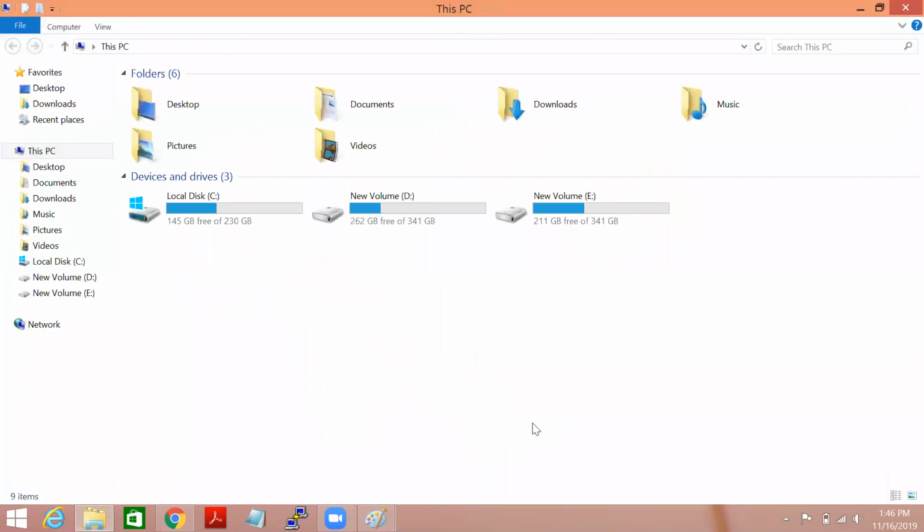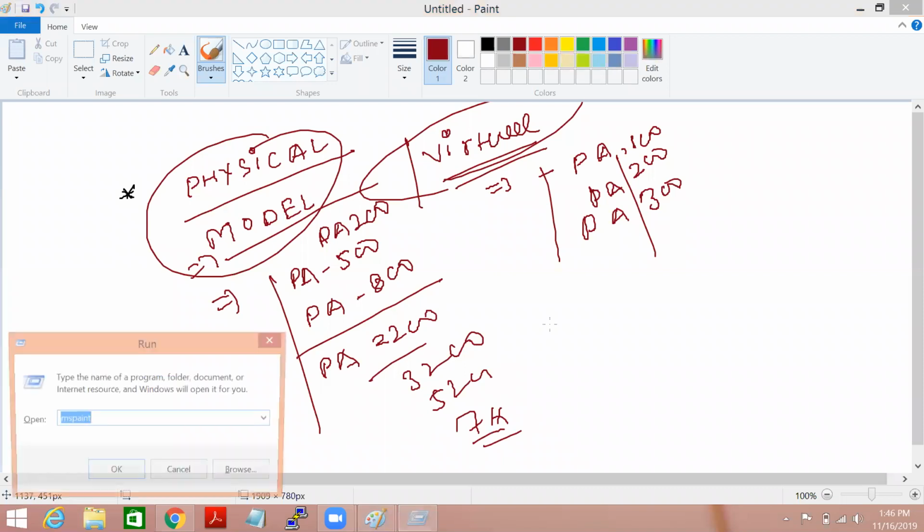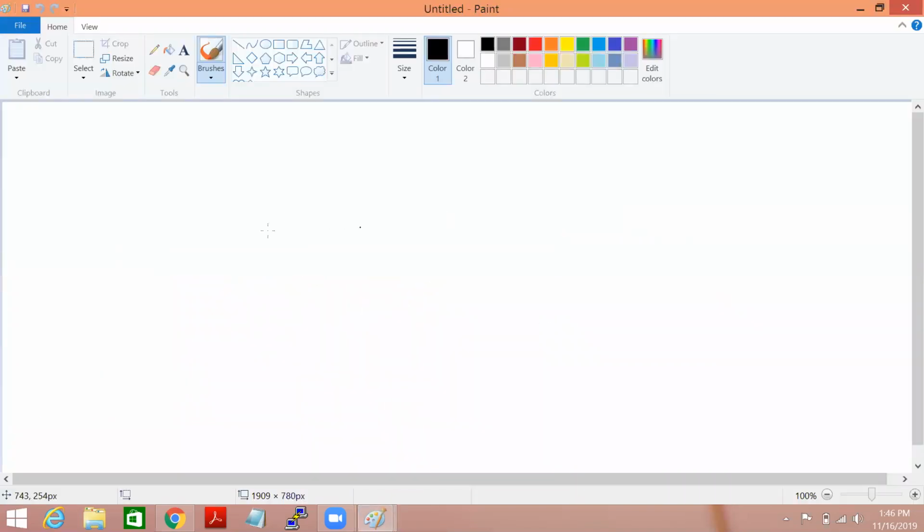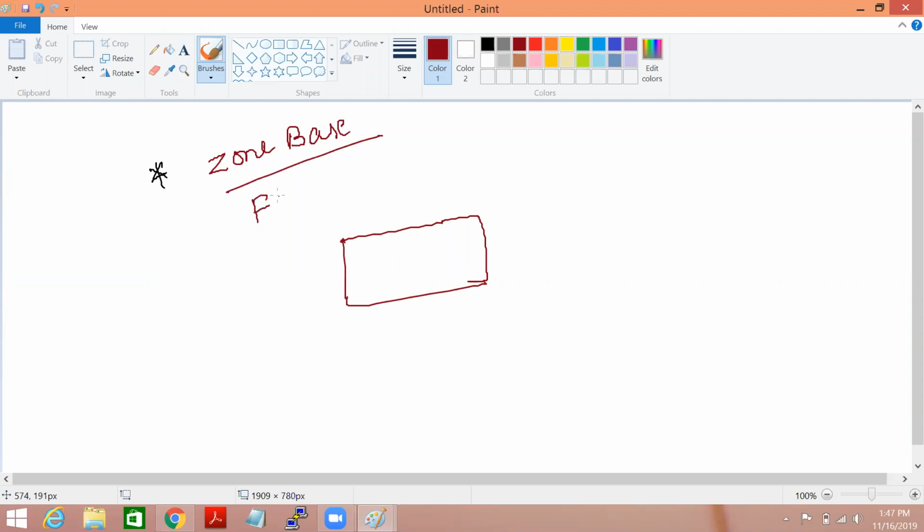So guys, today we'll first understand the basic concept of firewall again, then we'll start with the deployment types. I've also explained about the concept of zone-based firewalling. So again, I'm just going to revise. Palo Alto is a zone-based firewall. So I'm going to explain this and we can understand it.